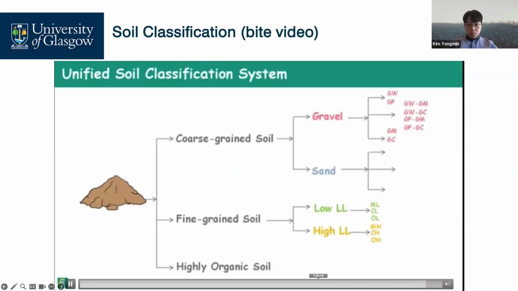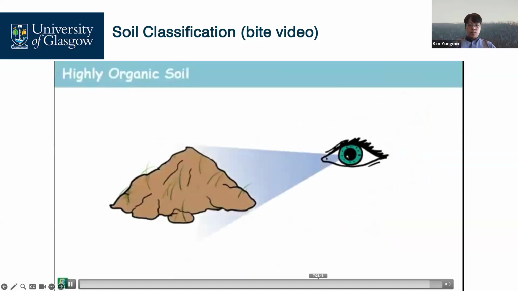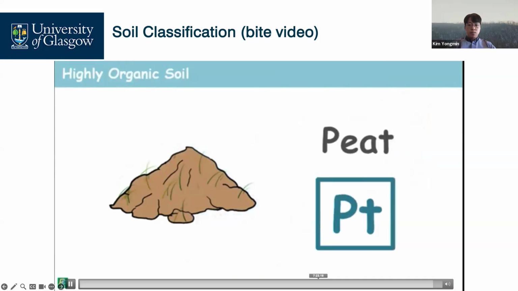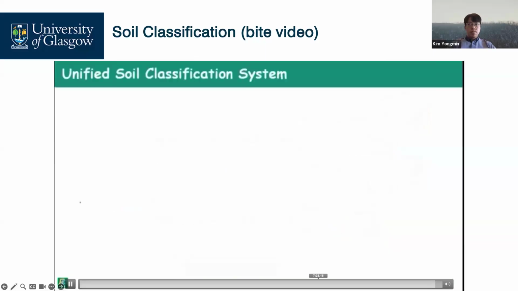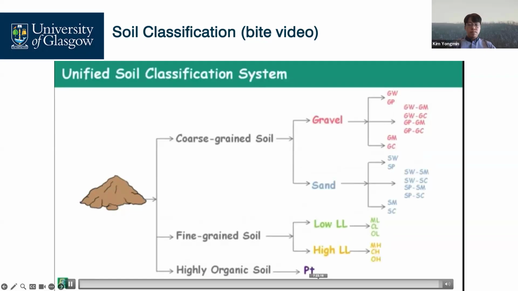Lastly, the third category the unified system defines is highly organic soils. We can identify them by simply looking at them. These soils are termed as peat and are designated by the symbol PT. These soils are not subdivided. And now we can complete our unified soil classification system chart. Symbols used in the unified system are more descriptive and are more easily remembered. This classification system has